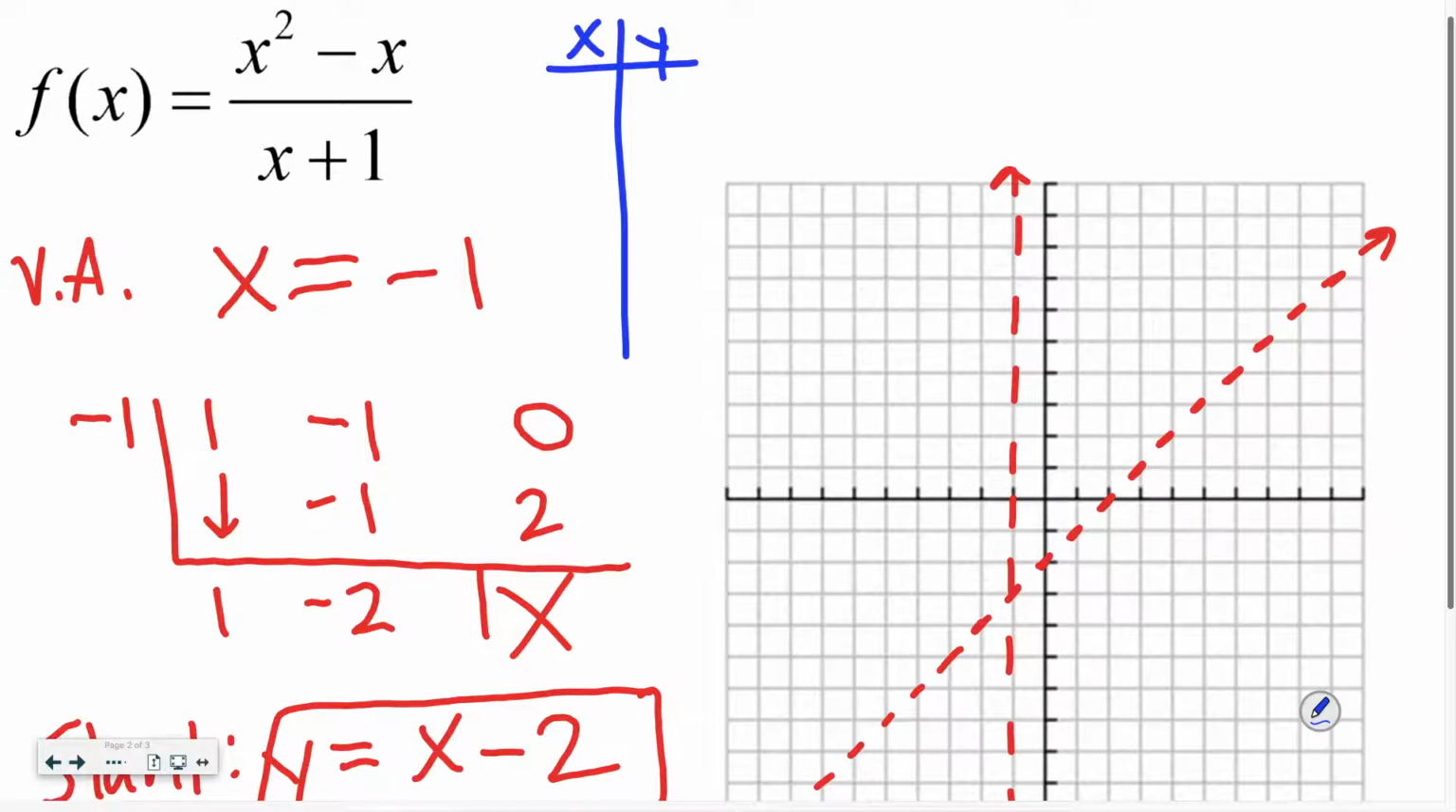Okay? So just like before, we're going to pick a couple points to the right, a couple points to the left. So since we have x equals -1, let's plug in 0 and 1. So if we plug in 0, what do we get? And if we plug in 1,